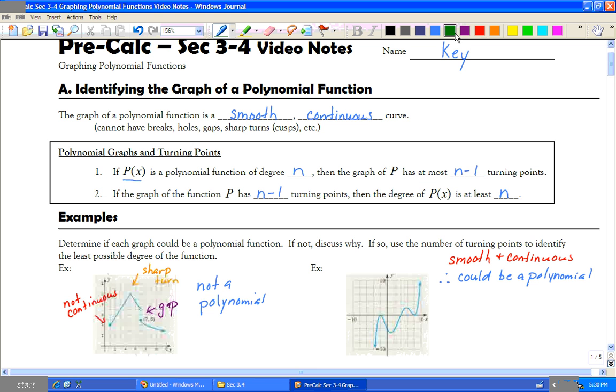Okay, now let's take a look at the turning points. And turning points are where we change from an increasing to a decreasing part of the graph, or decreasing to increasing. So we have a turning point here, one down here, another one up here, and then our last one is right here. So we have 4 turning points. So if we use our equation that we have above, 4 is equal to n minus 1, so therefore n